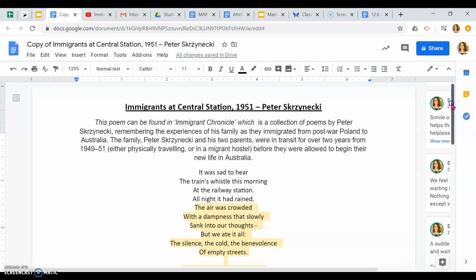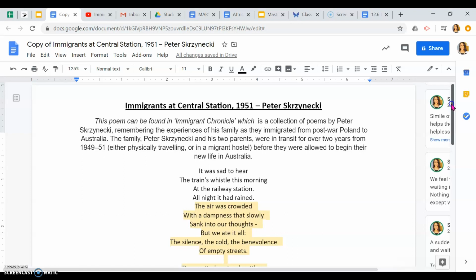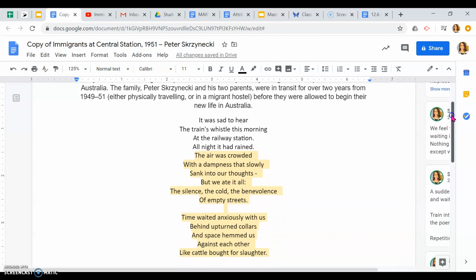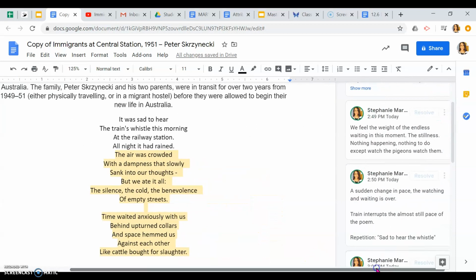So as we've spoken about today, one of the things that you needed to do was start to think about what authorial choices you could find and the meaning of those authorial choices. And what we're aiming to do in Monday's lesson and what we've already started to think about is how does that connect to identity? Okay, so if you have a look at this first stanza where it says,